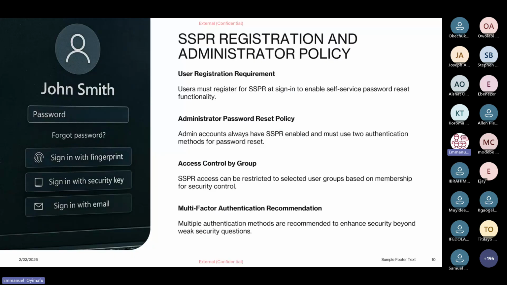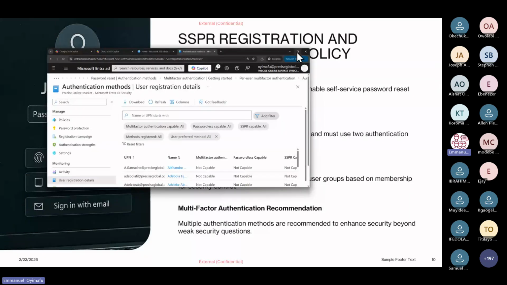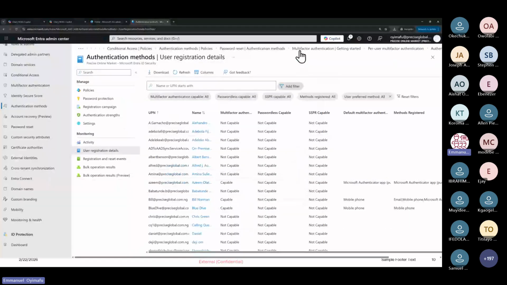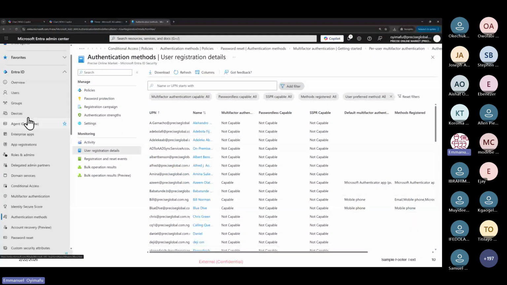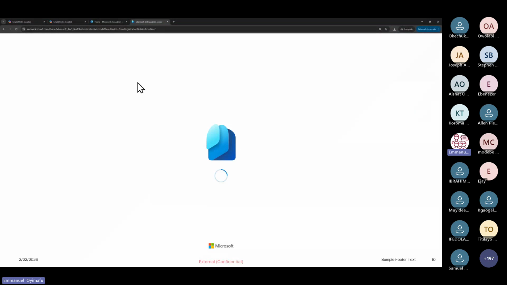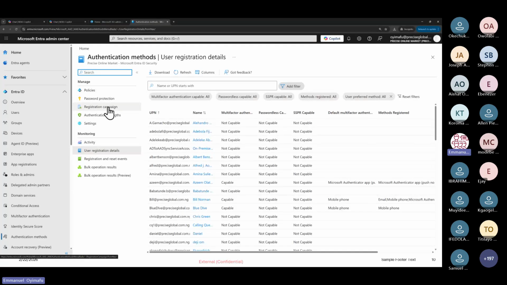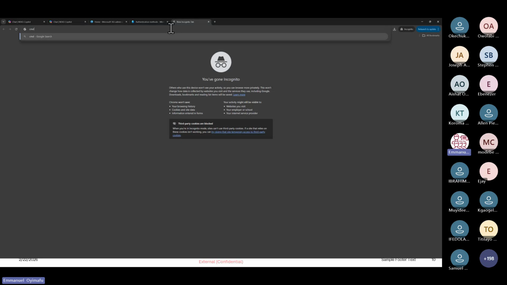Yesterday, I showed us how we can log into the Microsoft Entra ID Admin Center. For the sake of people that are just joining today, let me do a run through of how you can log into Entra ID Admin Center, so that everybody can go at a very slow pace and everybody will understand. If you want to sign into Microsoft Entra ID Admin Center, you can add a new tab to your browser, then you type cmd.mx and hit enter.